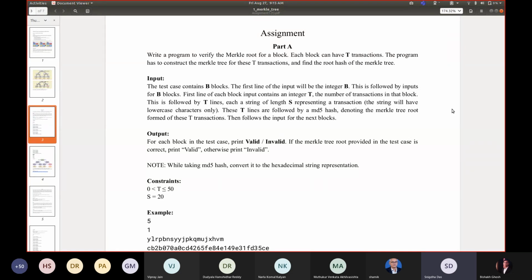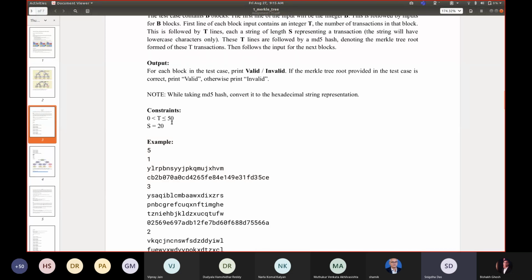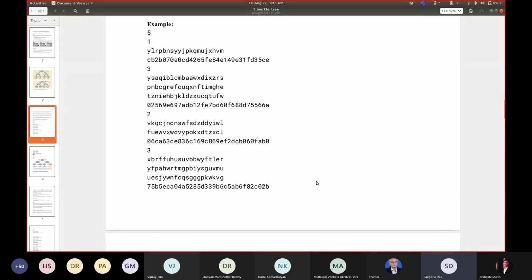Otherwise, you need to print invalid. As for the constants, the number of transactions has a limit of 50, and the string length of the transaction value is 20. And here is an example. So scroll down, Vishak.